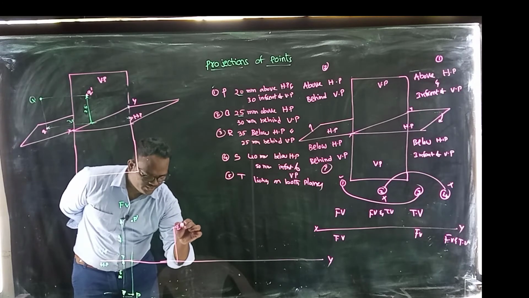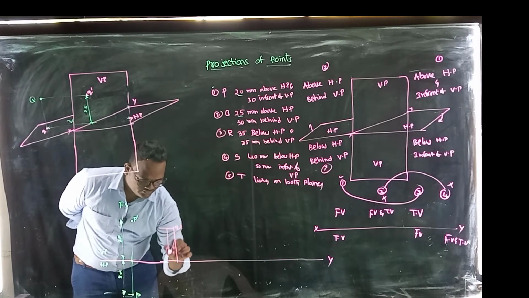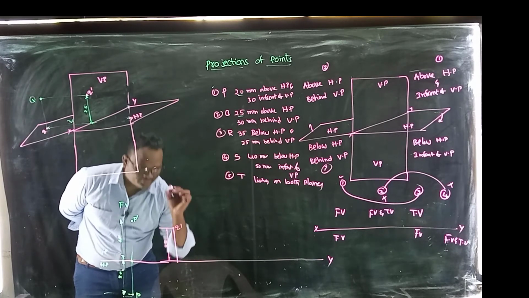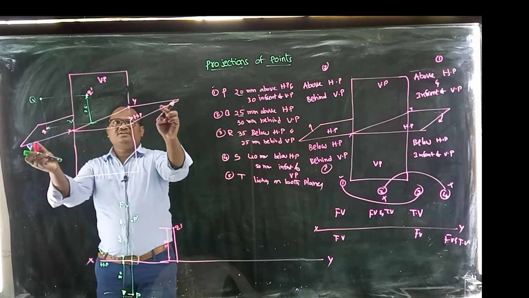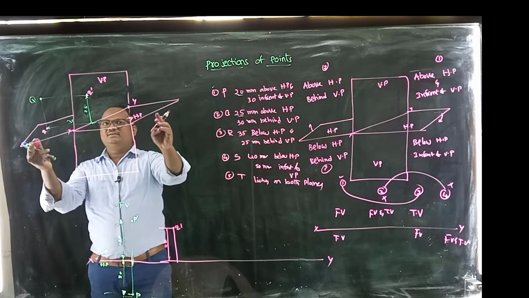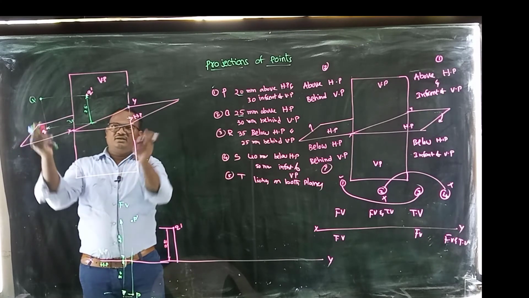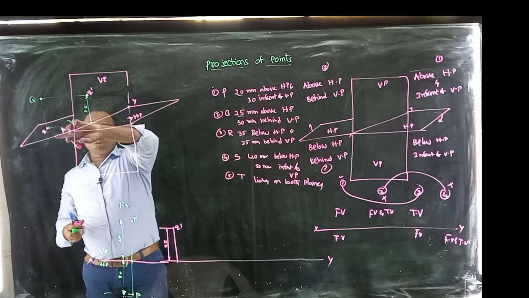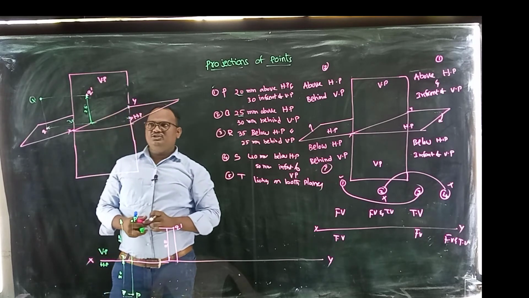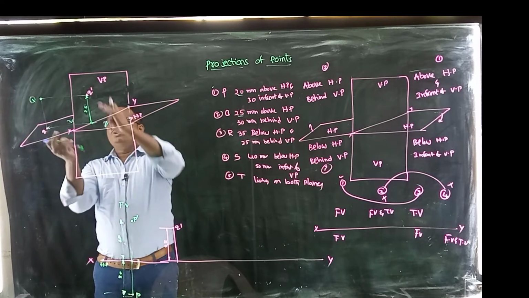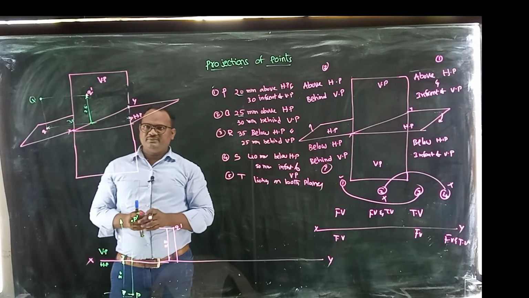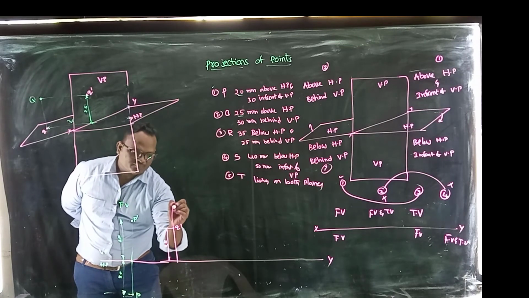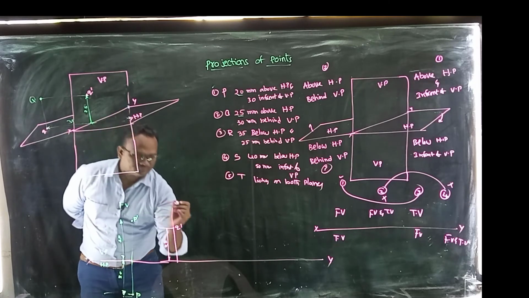This is q dash. So here to here the value is 25 mm. Next, after tilting, if you tilt this horizontal plane in the clockwise direction, this 30 mm also merges into the 25 mm. Okay, so these two lie in the same straight line. So already 25 is there, 5 mm more. So why? Because this is the 30 mm.